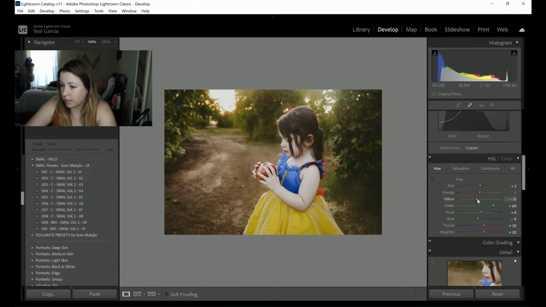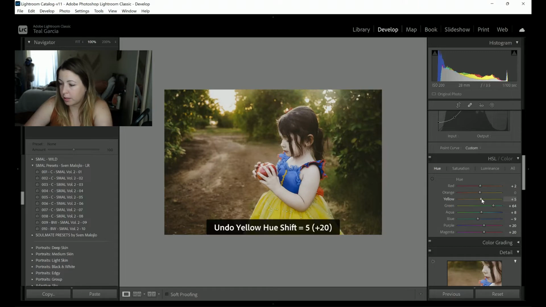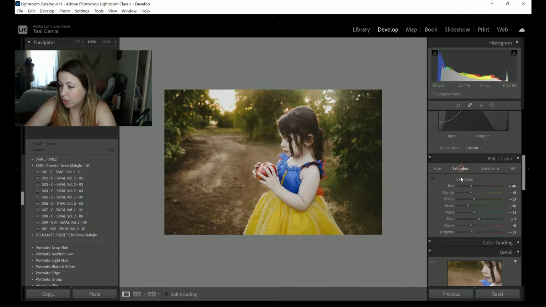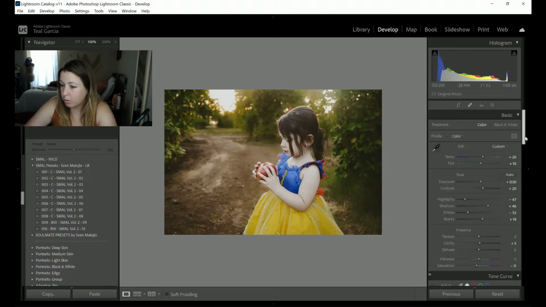and also that the yellows are a little more, whoops. So make sure the greens are green. Saturation, turn up the greens. There we go. Just kind of pull them back. All right, and then I think a little bit more warmth. Only because her skin's kind of white. I know that she is Snow White, but